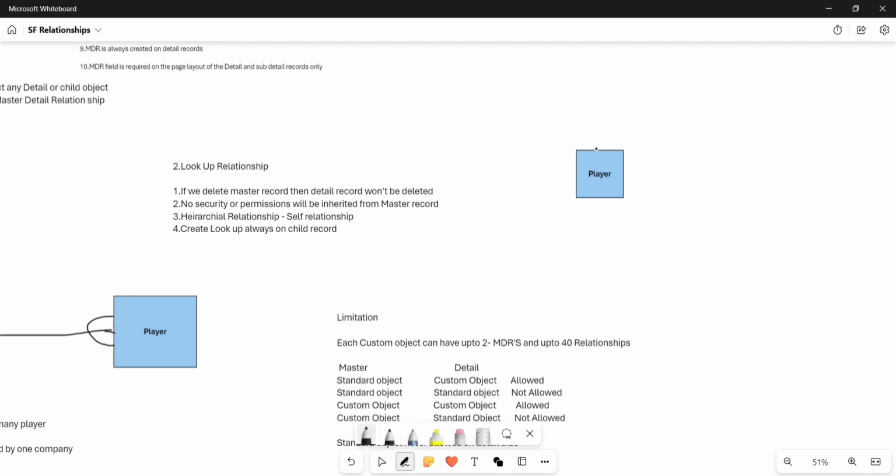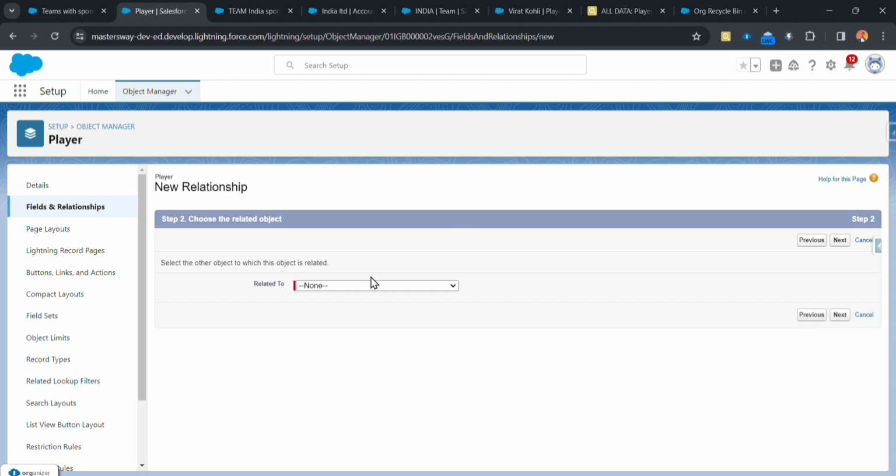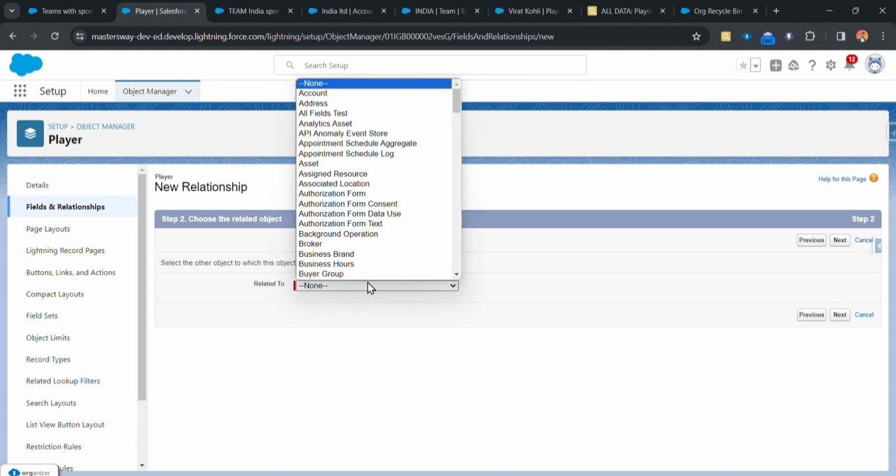So we are relating it to itself, right? This player object is related to that player object only. So let's select the player object,